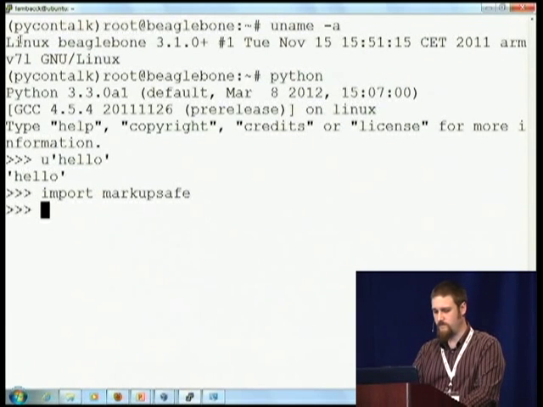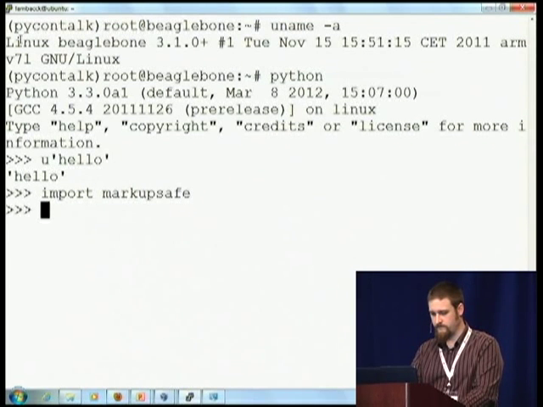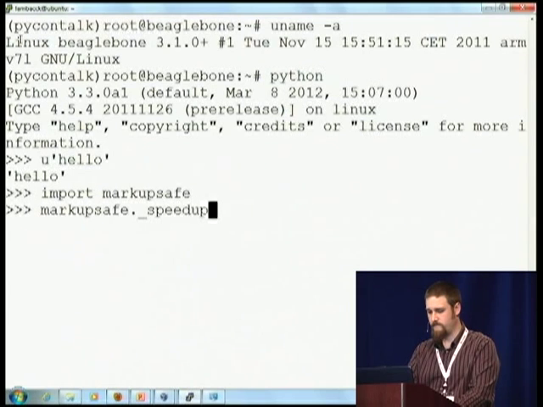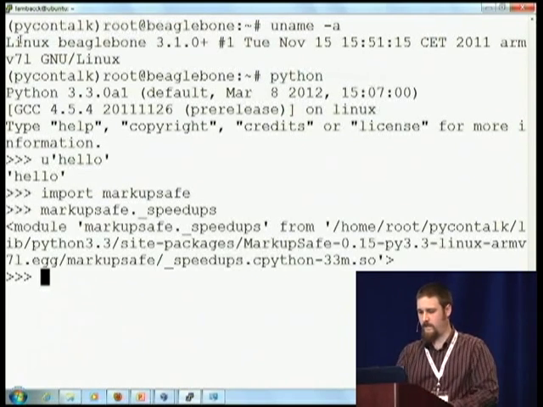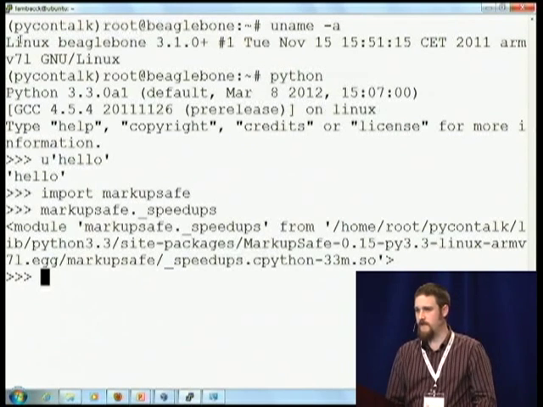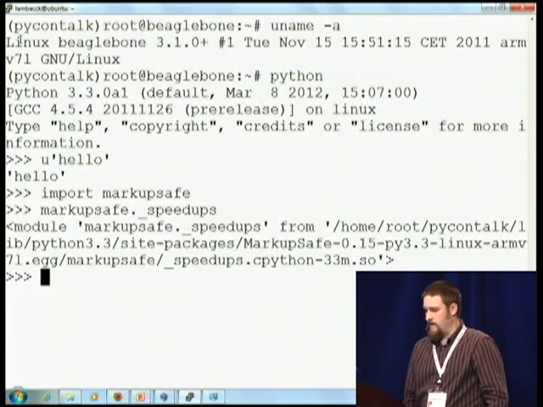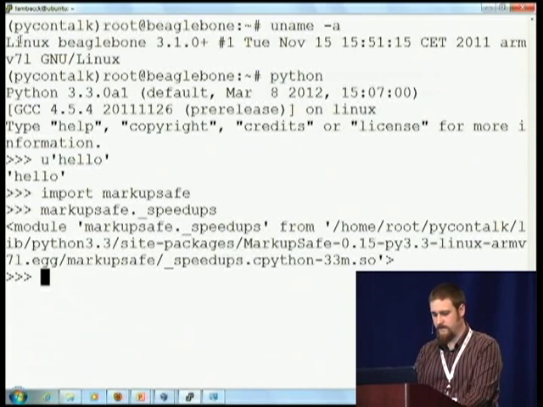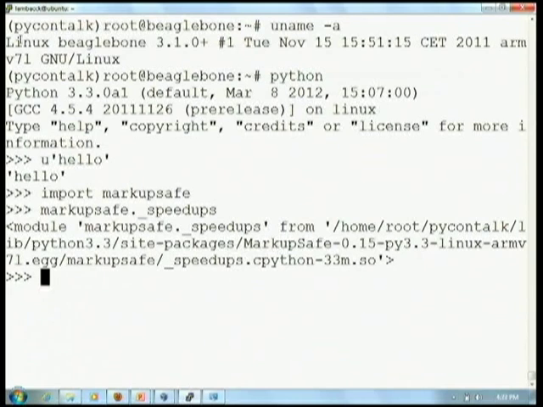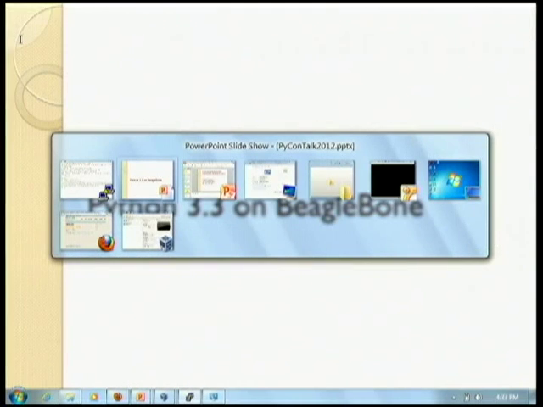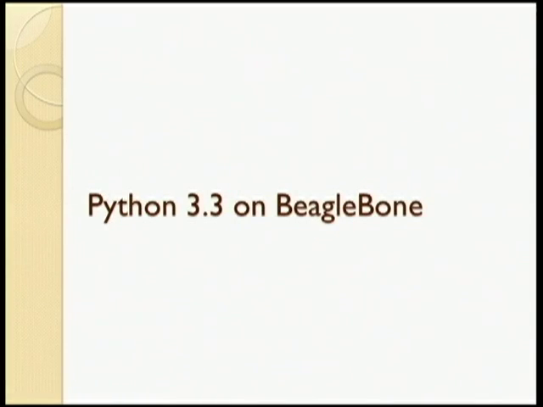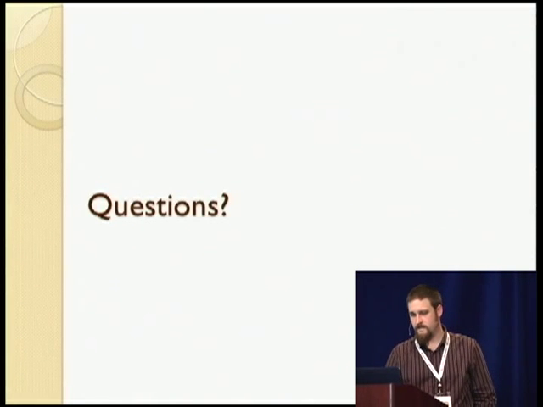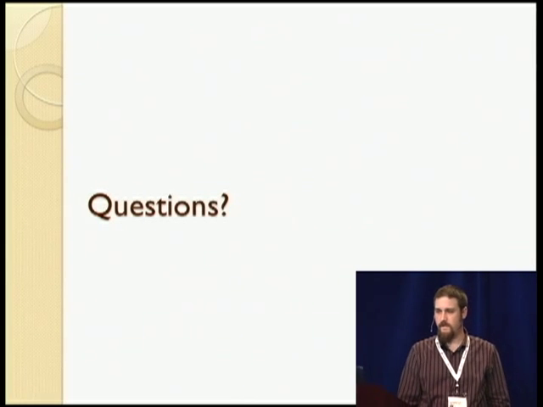So if we do that, we have a compiled module for the speedups in there. So we're able to get stuff going there.